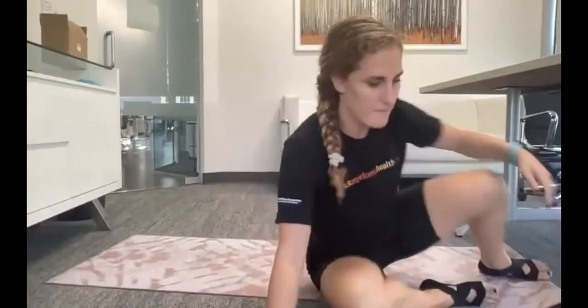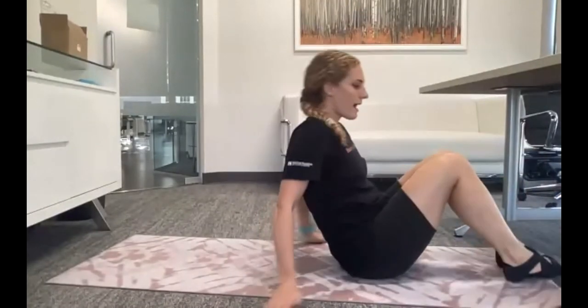So we're going to first start by laying on our back and doing what's called the 100. So the 100 is a movement with your arms, engaging your core and your breath. So I'm going to scoot back and demonstrate it. Let's see. I'm going to tilt this back a little bit so you can see. So you're going to lay back